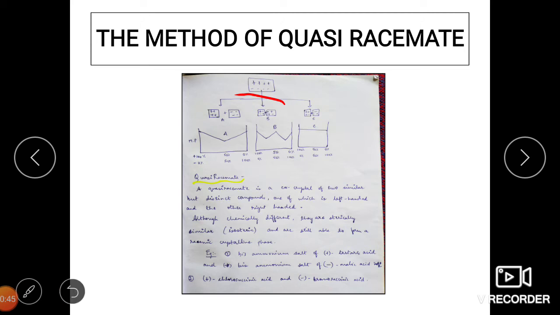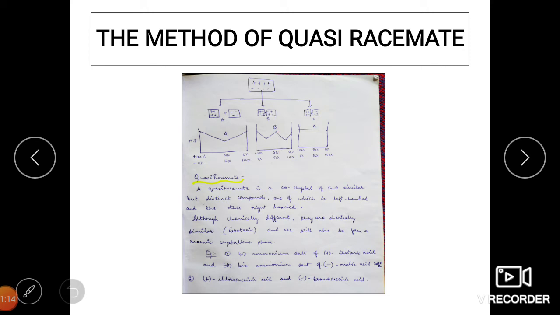So this is how the racemic mixture is formed. And here when you look at the melting point, you can see it's kind of a zigzag. So you can say two V's make the melting point here. And you can see why this is so, because we know it is an equimolar mixture of both the enantiomers. So that's why we are going to get a peak like this. In the middle we have 50% of both enantiomers. That's the reason why you are going to get a peak at that point.